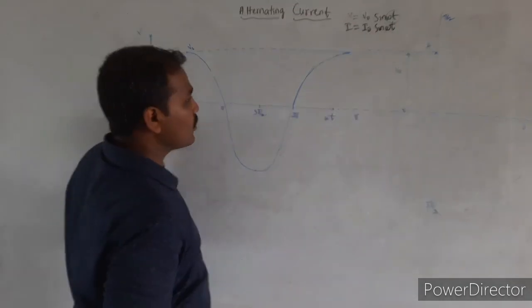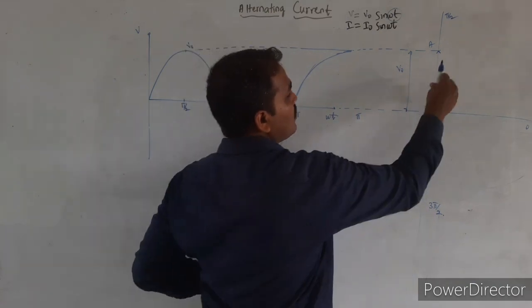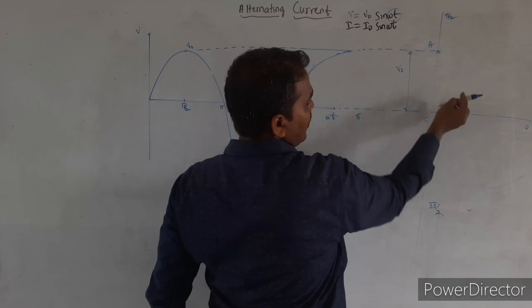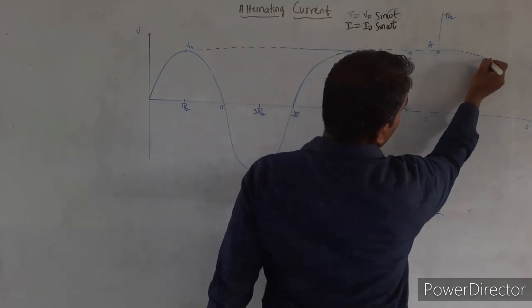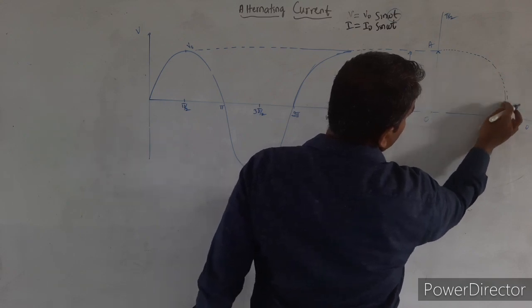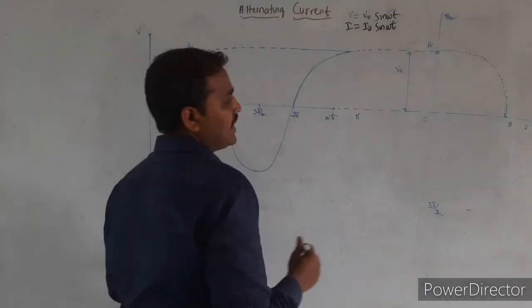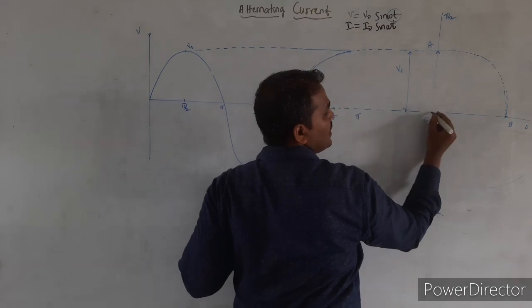When angle is 0, this height must be reduced to 0. So for that what I will do? I will just rotate this phasor by 90 degrees. When angle is 0, the same phasor rotates by 1/4 of the circle. Yes. So that will be somewhere here. So this is a point B. The projection of point B on the vertical axis will give me 0 height.